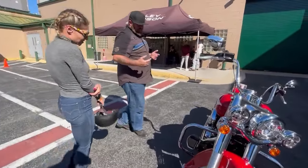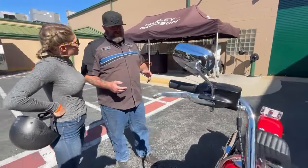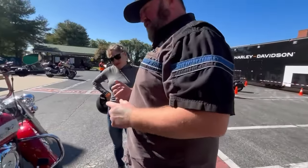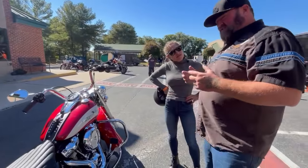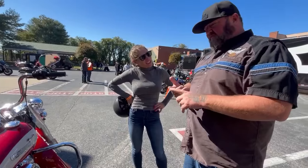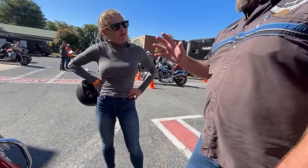All right. First are the ones. Besides aesthetics. Yeah, obviously aesthetics are different because this is based off the 66, 67 Hydroglide. Right. Okay, so the only real difference is appearance. Is the frame the same? Same Softail frame, same 114 motor, except they use these circular, old school looking